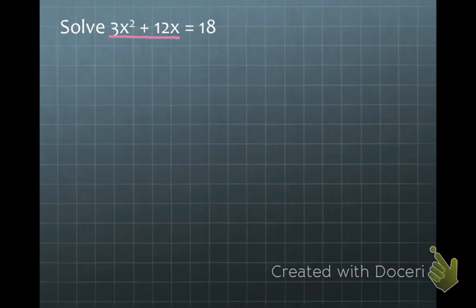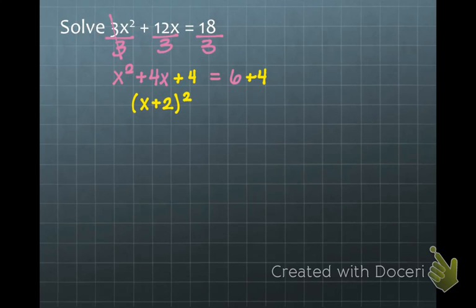So that means we need to now get it down to just 1x squared. So what am I going to divide everything by? We are going to divide everything by 3. That takes care of that. So all we're going to have left is x squared plus 4x, leave yourself some space, equals 6. When I complete the square here, this is exactly the same as the last one, half of 4 is 2, 2 squared is 4. So I'm going to add 4 to both sides, and now this factors to x plus 2 squared,